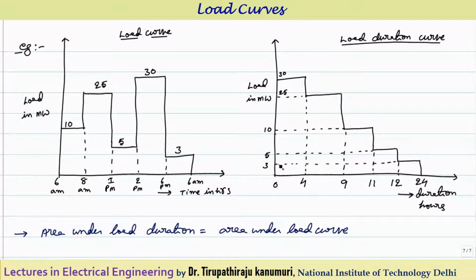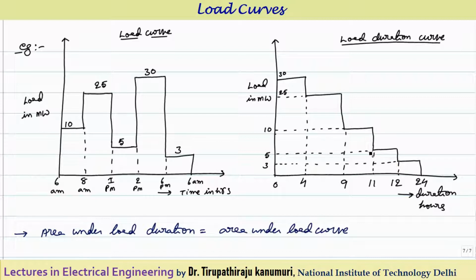That means if I select my base station or any power station of 3 megawatt, it can supply the power for 24 hours. So let us assume I select my base plant as 5 megawatt. If you are selecting the base plant as 5 megawatt, that plant will operate at 100% load for 12 hours and nearly 60% of the load for the remaining 12 hours. So accordingly we can decide.